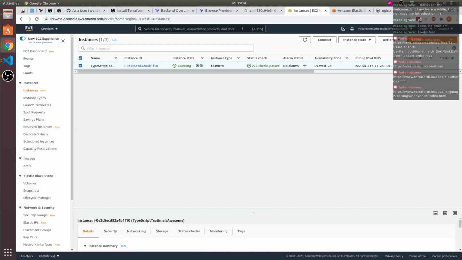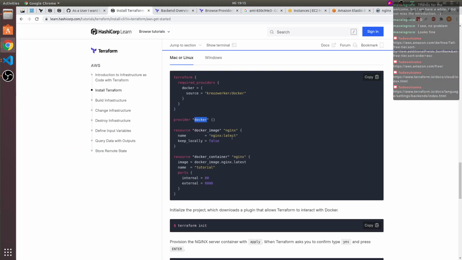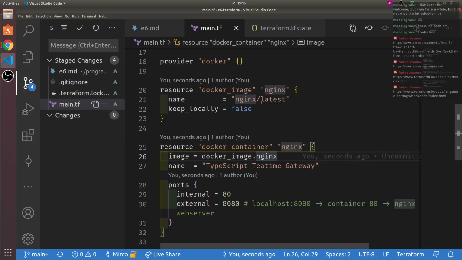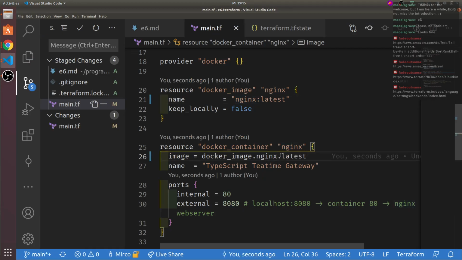Do I have to write the slash? Let's see. Yeah, for whatever reason, it's also colon latest. For whatever reason we have to provide nginx.latest. Because it's the name, I guess. But then the colon becomes a dot. This is kind of confusing, to be honest. Not sure how much I like it. I like it that you have to specify this again instead of using just this here.